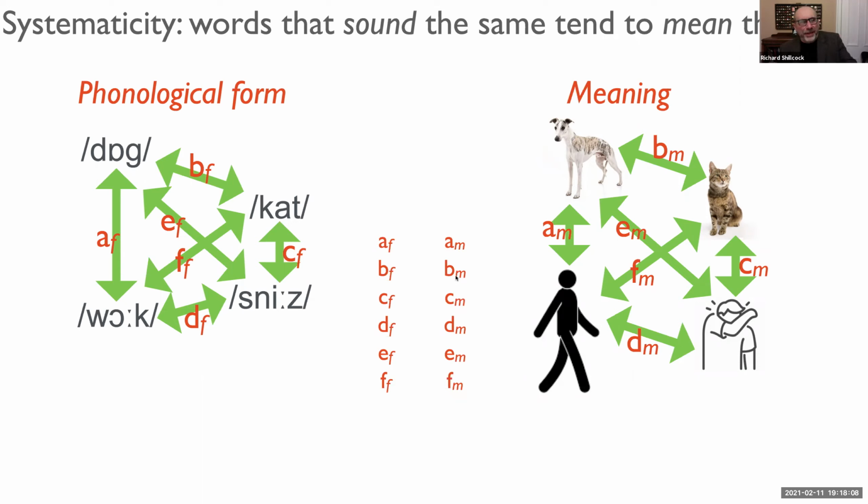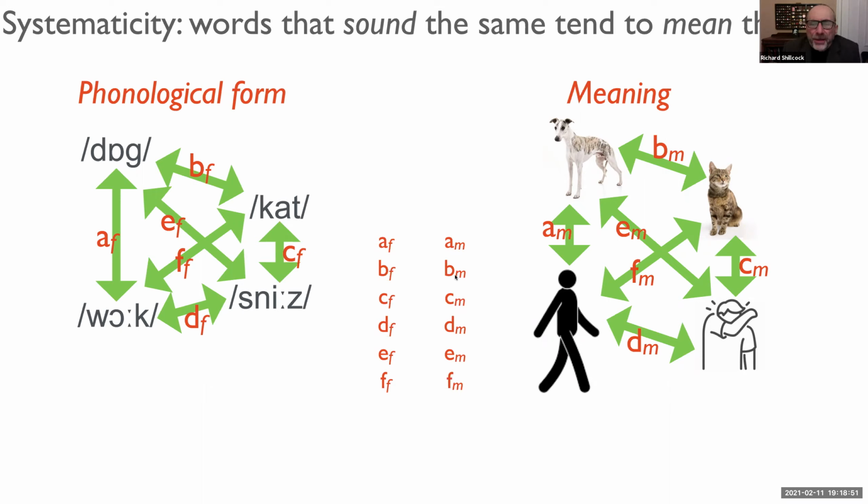If you think of the pattern of connectivity between the spoken forms there as a web, you've got this web here, and if you think of the same pattern of distances for the meanings, really in terms of a big web, if there was a very transparent kind of a relationship between them, the webs would be exactly the same shape, the webs would be isomorphic, and the correlation between the numbers would be 1.